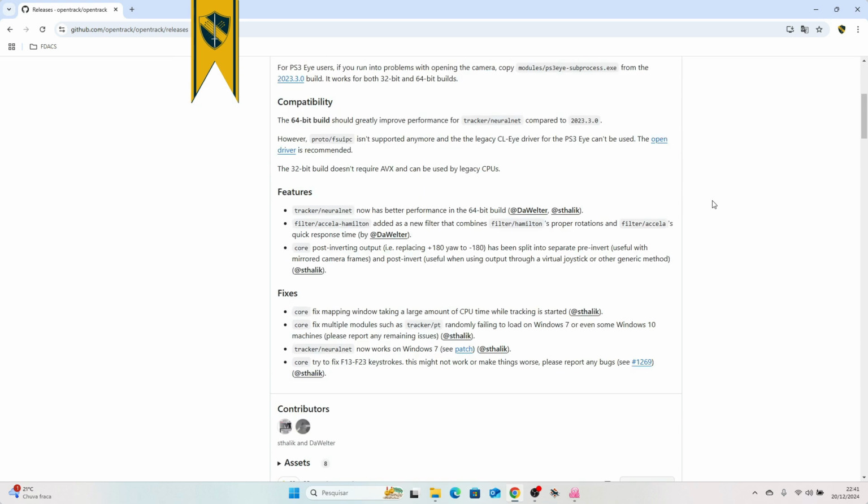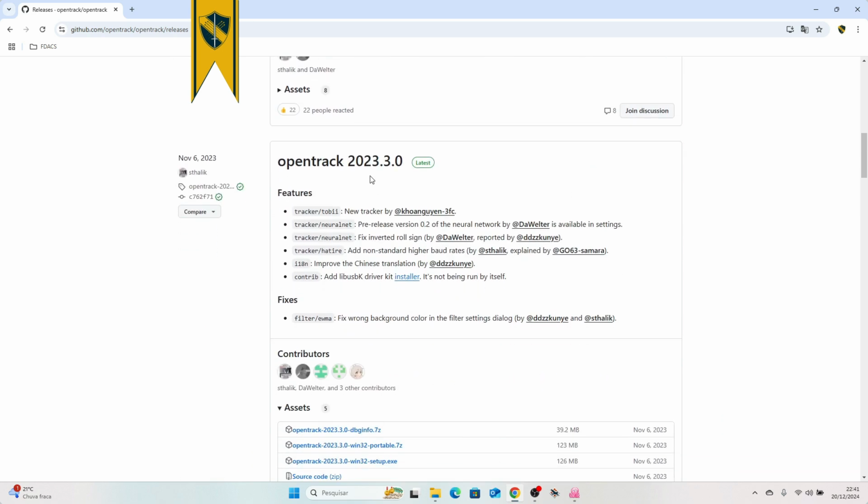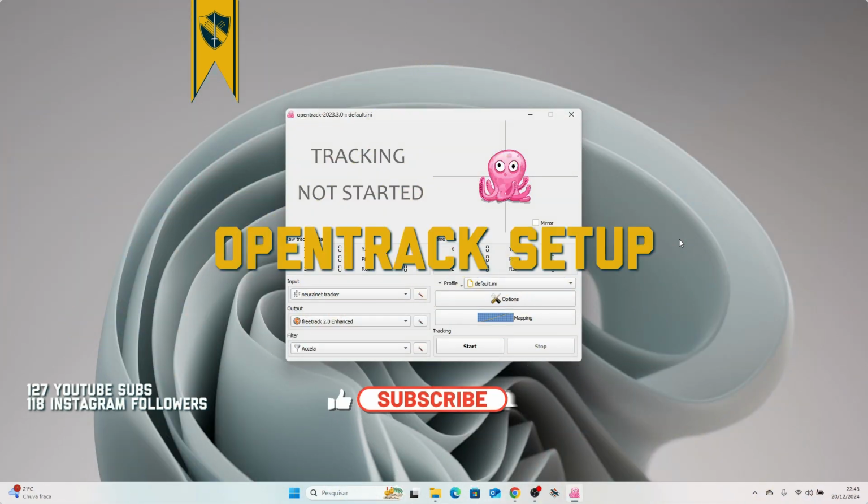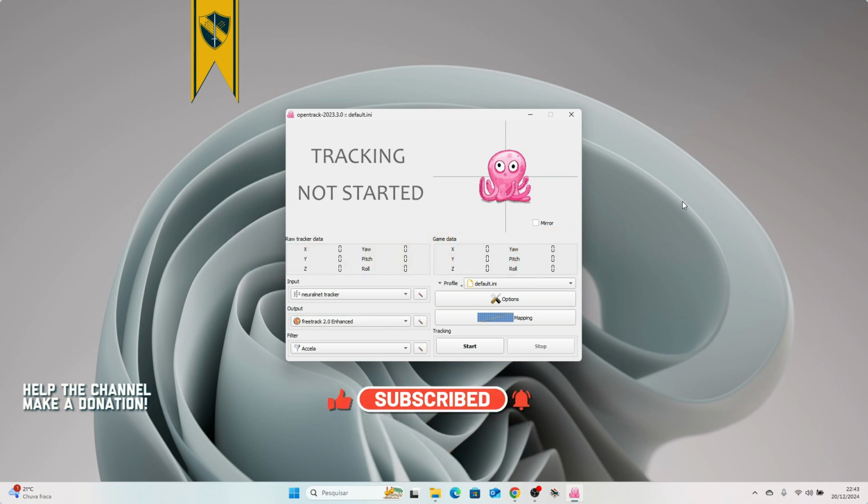Alright, so you scroll down here, and then you're gonna find a version labeled as the latest one. This is gonna be the latest stable version, so you go for it. That's my recommendation, and that's the one I'm gonna be using with you guys today. Alright guys, and here we are. We have the latest stable version here, 2023.3.0. It is installed on my system,